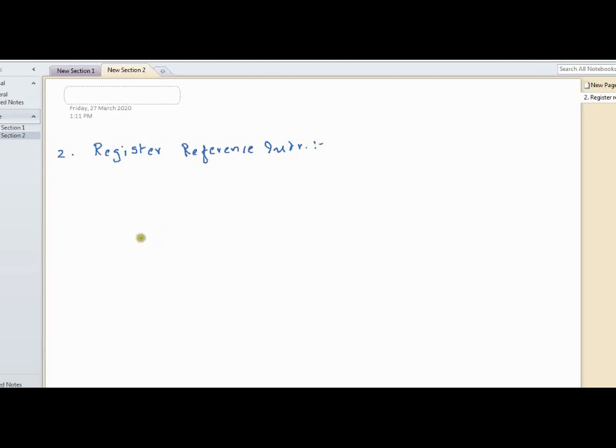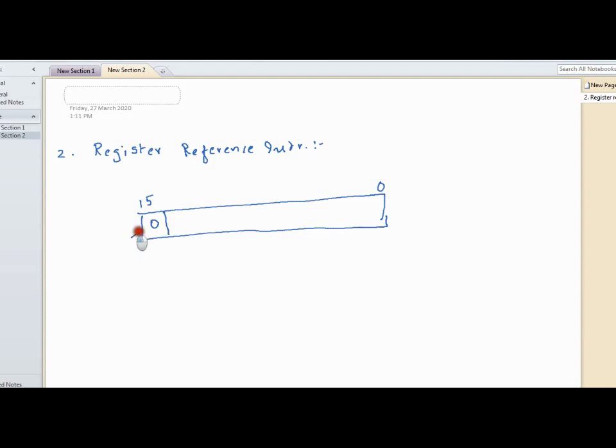Again we will draw the instruction format for this, from 0 to 15, and the last bit is I. For register reference instructions, we will code in such a way that the 16th bit is always 0.